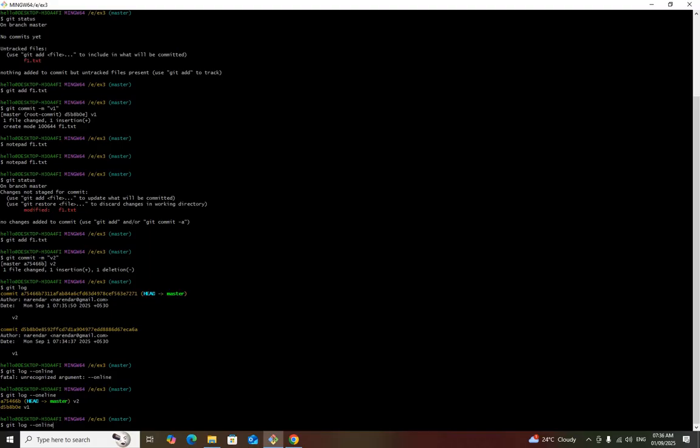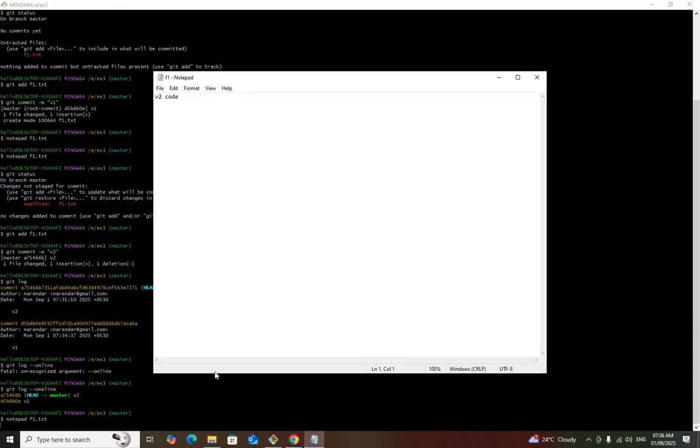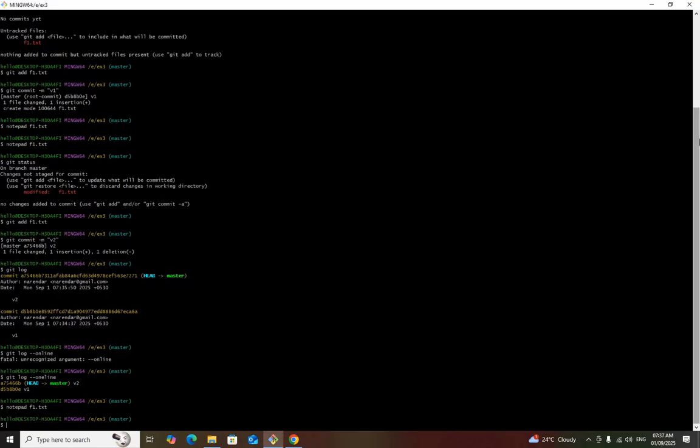If you open the file, it will show the file in version 2 only. If you want to roll back to the previous version, you have to use the command git reset --hard and enter the version ID.